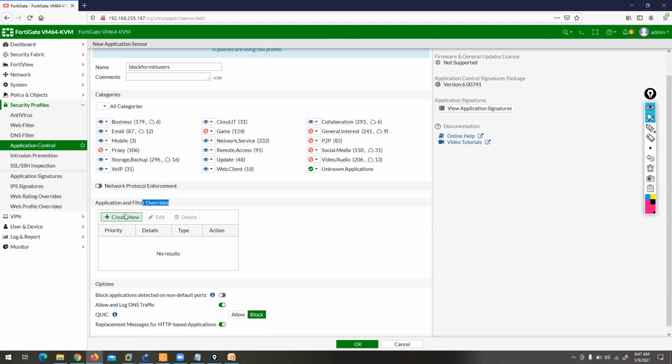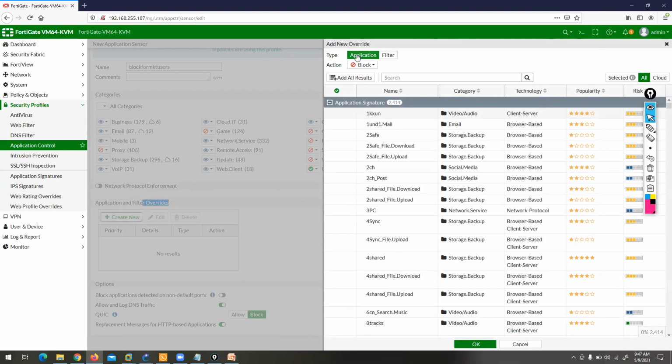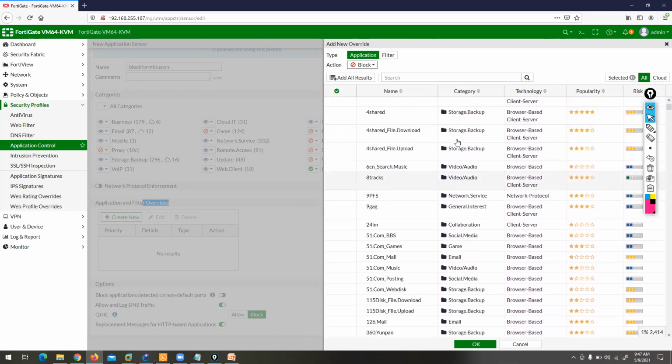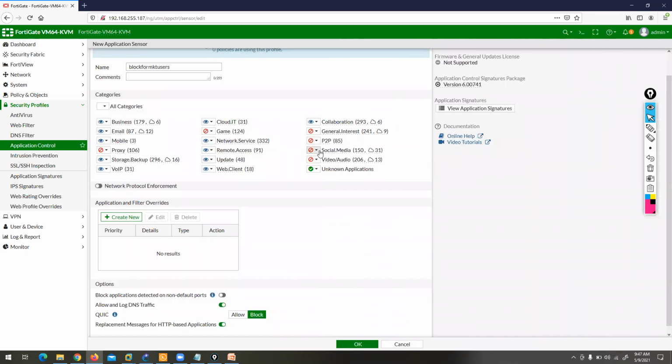If you click here, what options do you have? You have two types, application and filter. So application you can define here, and here is the action. Action we can discuss later, but right now these are the applications. With this option, we are trying to block all social media applications, right?